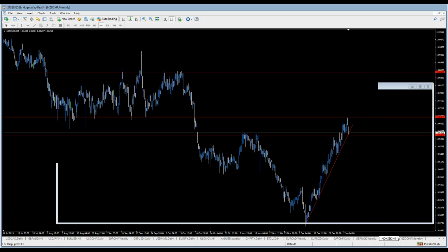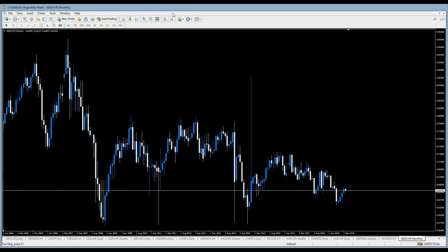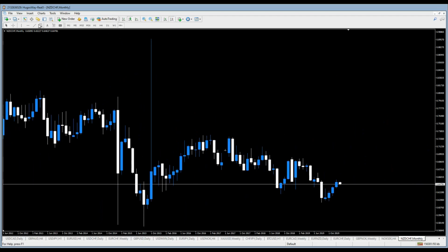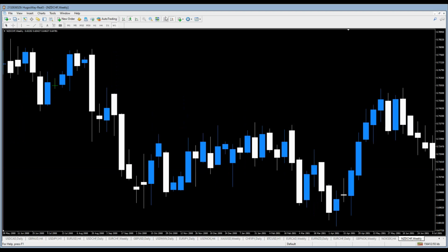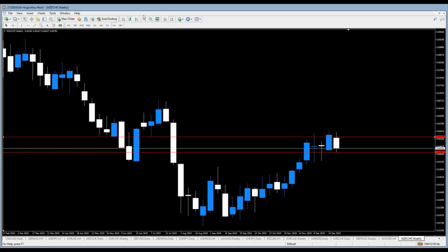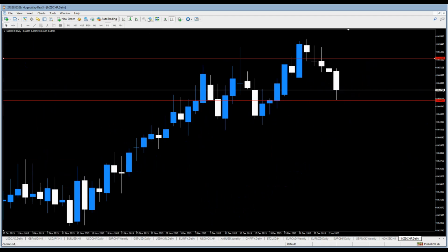Okay, so for the NZDCHF, let's check it out. The high and the low of the month, just to see current price. We can see the formation is also very bullish, kind of getting a pullback this month. Very consolidated, right? Okay, so what I want to actually look for this week